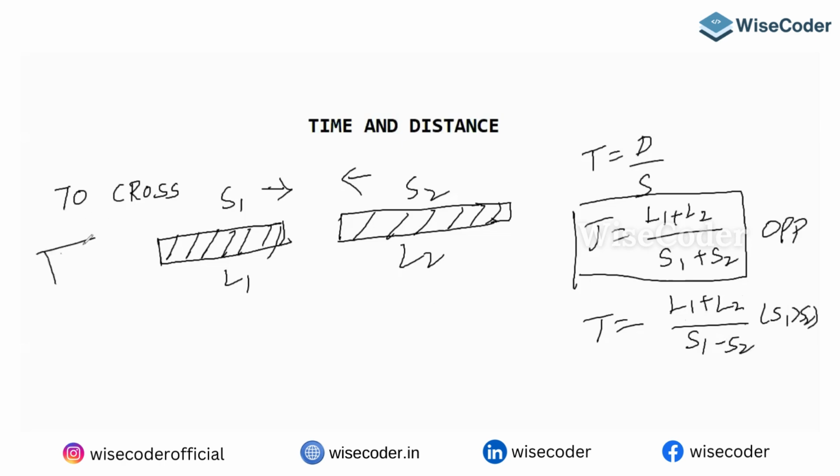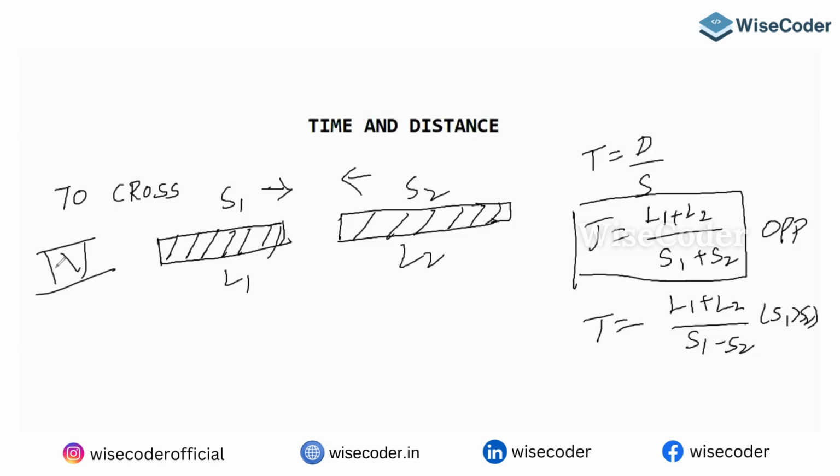So these are the four fundas, very, very important. What is the first funda? To cross a pole or a stationary point or a tree, your time will be the length of the train by the speed of the train. Next, point number 2. To cross